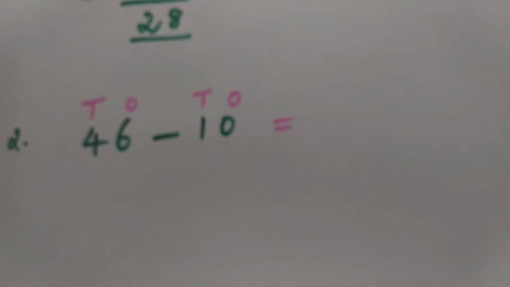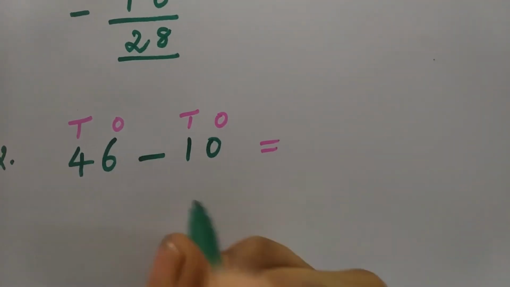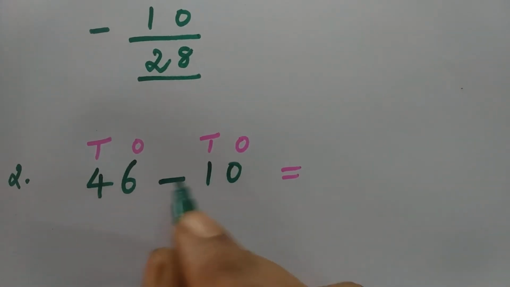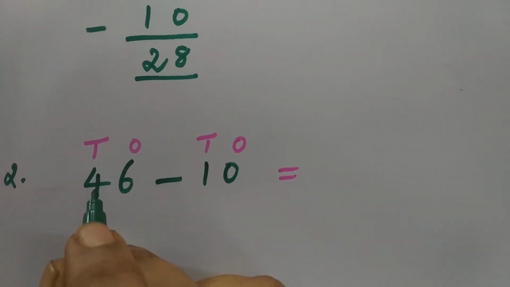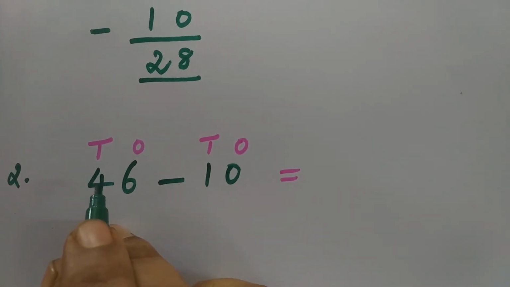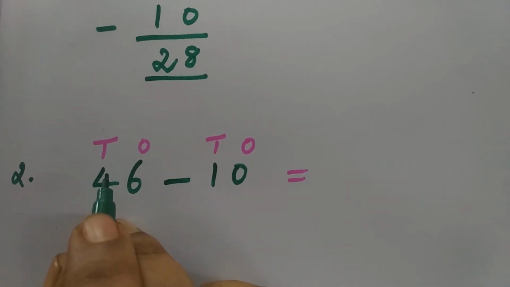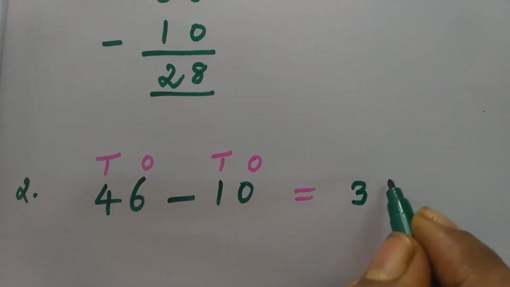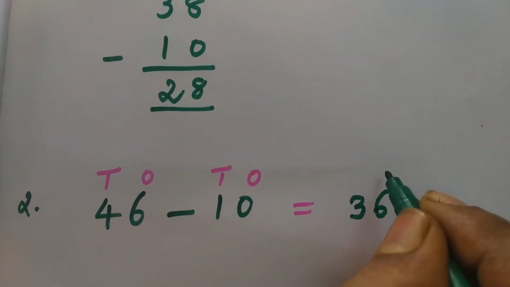Now see this sum. Okay, 46 minus 10. Here you can mention ones and tens. Otherwise, 10 means you can subtract 1/10 from this number. If you subtract 1/10 from this number, what is the answer? Here we have 4 tens. If you subtract 1 ten, what is the answer? 3. Yes. In ones place, the same number only will be having. Okay, so this is the quick tip.